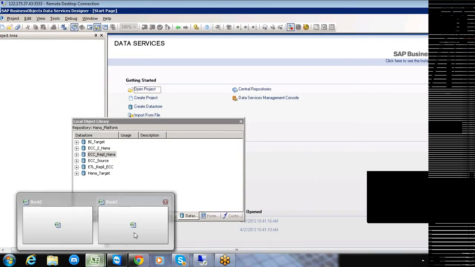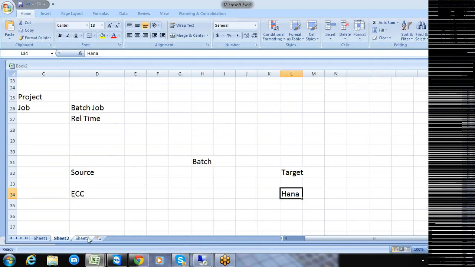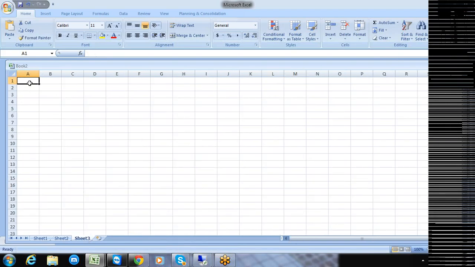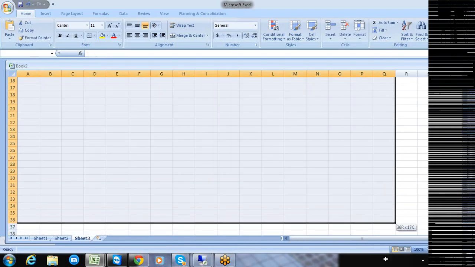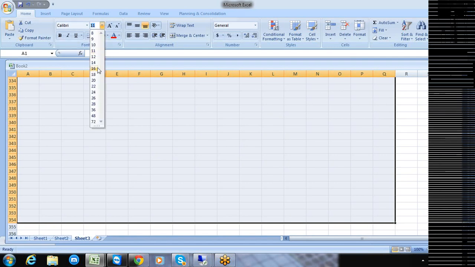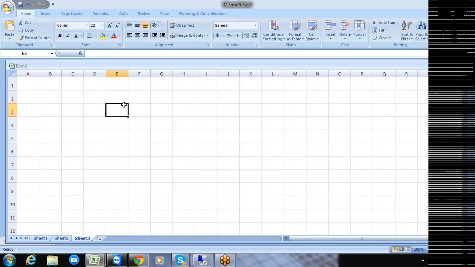So let us try to see the hierarchy, how we are going to create this one. We are going to create a project.